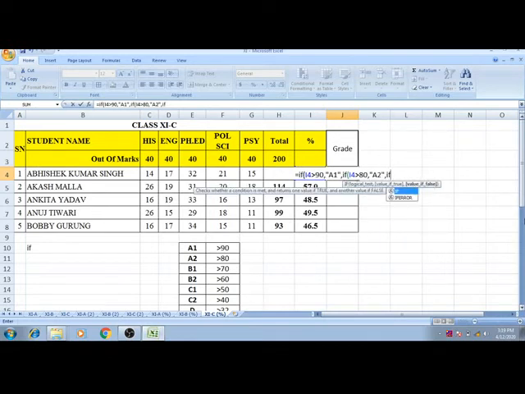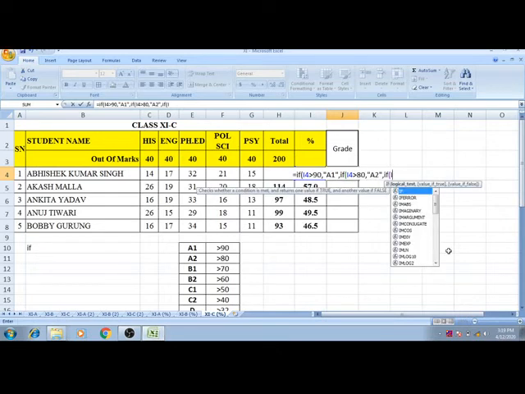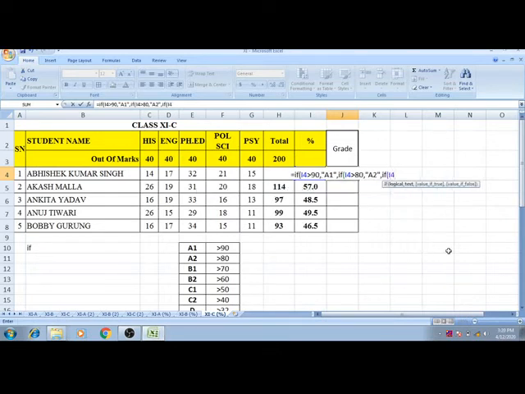Now we are going to this condition. Again I4 value is greater than 70, then give which one? B1,